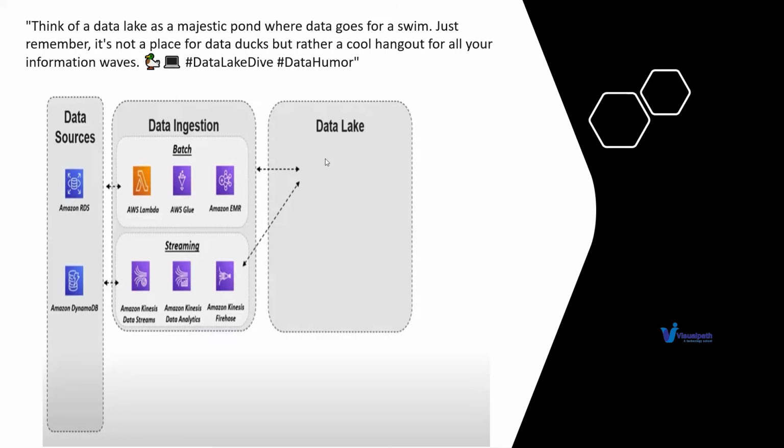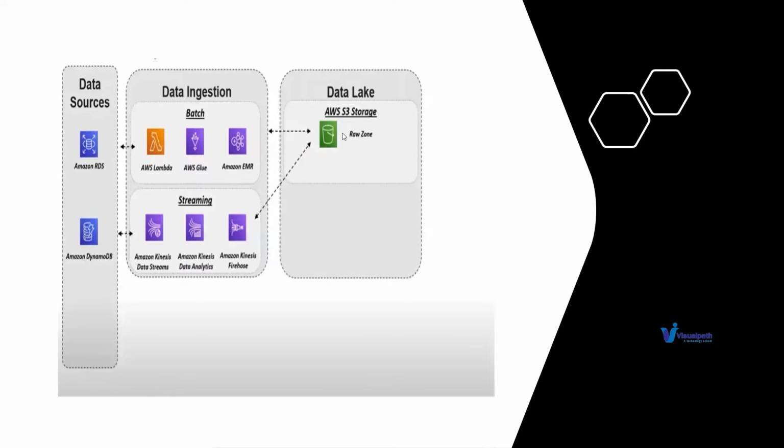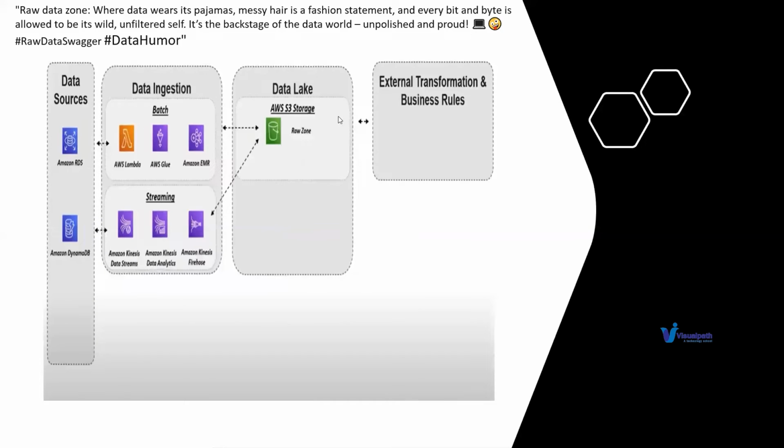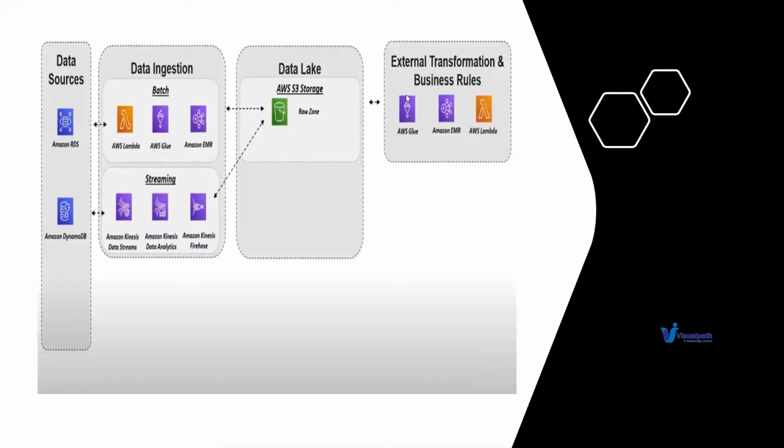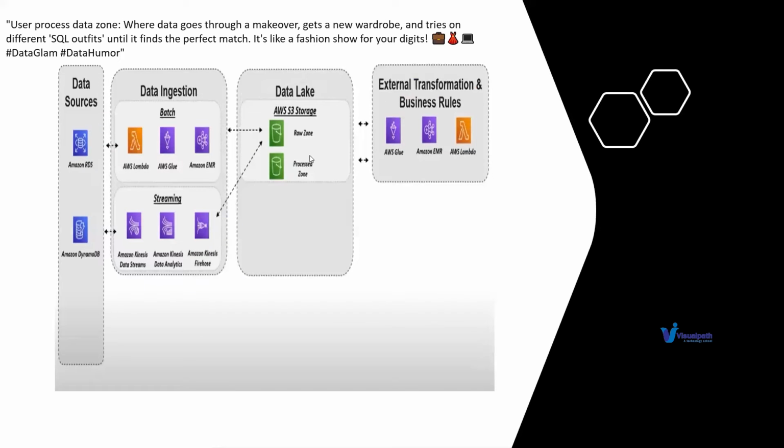S3 data source that we are to use here. This is the data lake that we want to use. Within this data lake also, raw data we provide. Then we use our external transformations and processes like Glue for the purpose of processing your data once again. Whatever processing you're using here, the same processing is being used to put the data back into your processing zone.